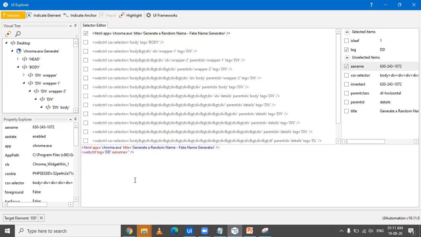You write \d, which tells that there is a digit. And how many digits? 3 digits. Then after 3 digits I should get a hyphen, and then again 3 digits, then again a hyphen and then 4 digits. So this is the regular expression which would match our phone number.